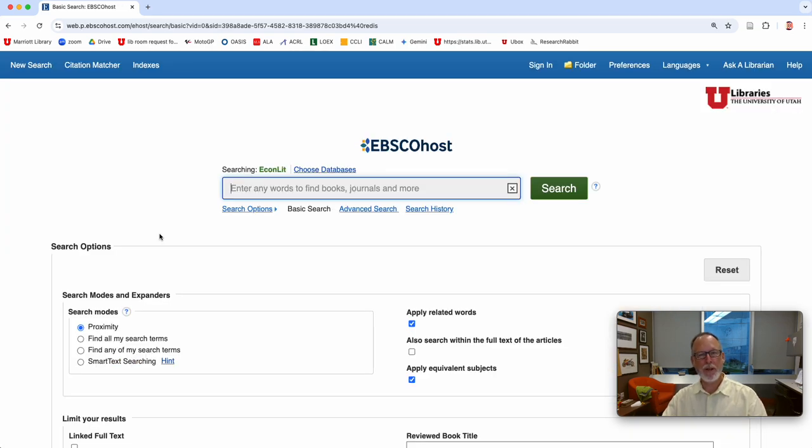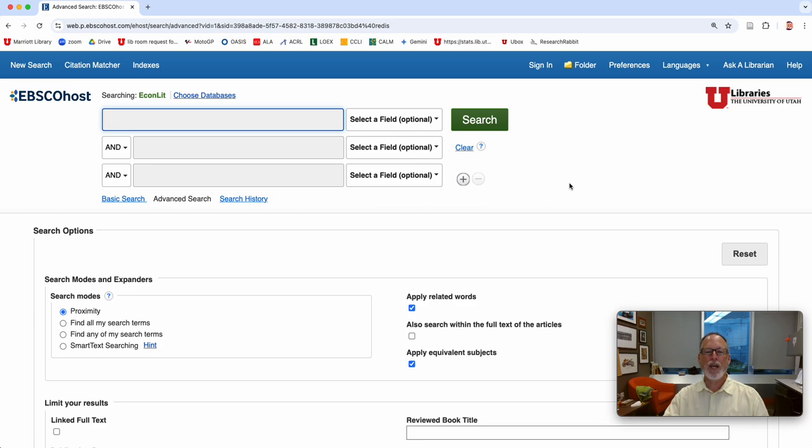It looks familiar. EBSCO provides content for a lot of different disciplines, but you always can tell where you are if you look at these green letters. We're specifically in Econ Lit as a database. Go to Advanced Search. And so knowing that we're in econ or economic related journals, probably going back like 20, 25 years, you could put in any keyword. So I'm going to put in